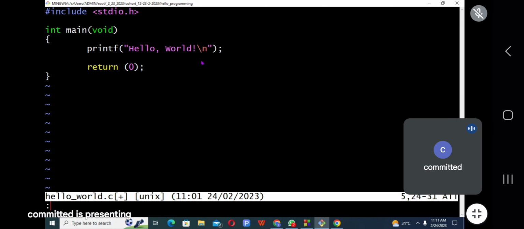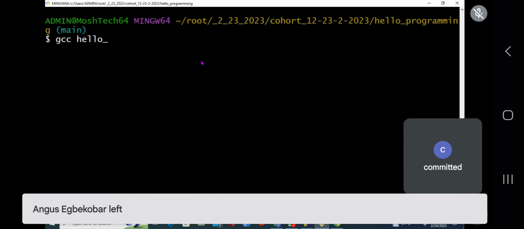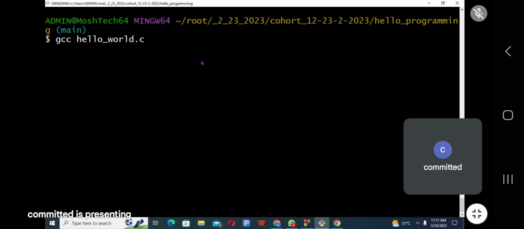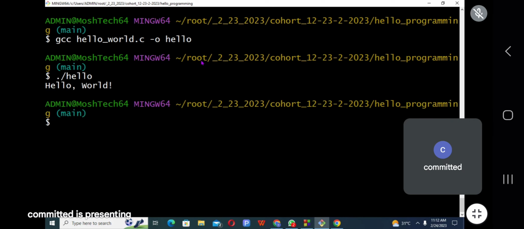So let us see now and try to compile it. I want to output it into a new file. So let me do hello. So now I want to call it out. All right, it still printed it out. That's fine.